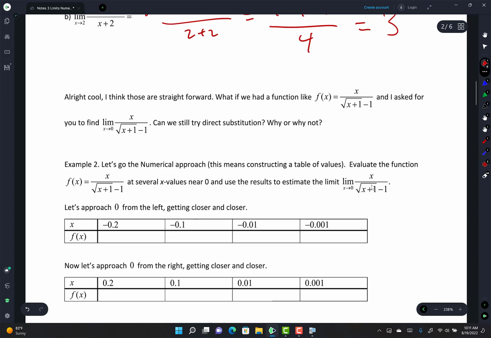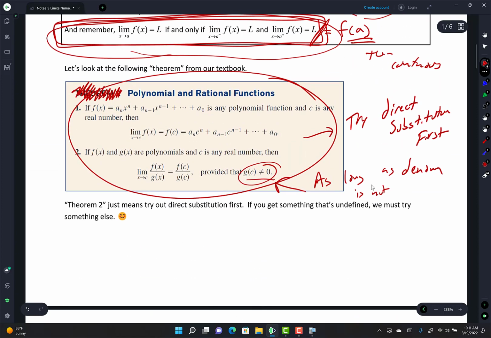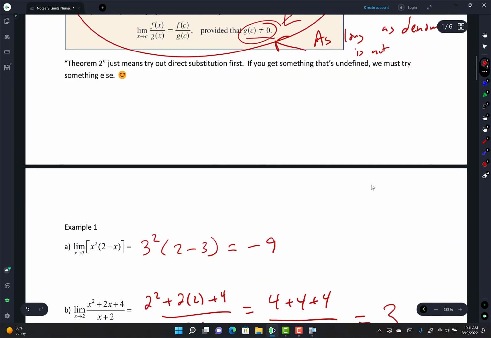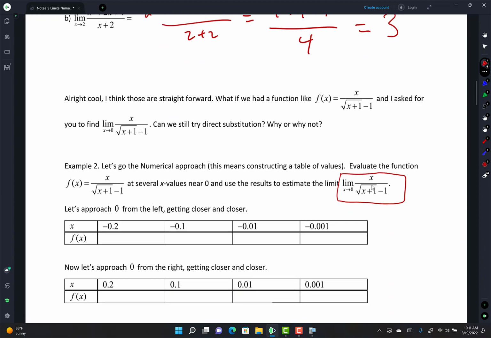So basically, I want this limit. So I want the limit as x approaches 0 of this function. Now this right here tells me to try direct substitution as long as I don't get a 0 in the denominator. So I'm looking at it and I'm like, okay, if I were to try direct substitution,